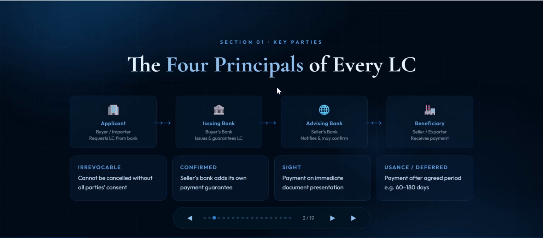When you talk about key parties in the letter of credit, you have the applicant, issuing bank, advising bank, and the beneficiary. But if you consider UCP 600, the applicant is not considered a party to the LC. Only the issuing bank, advising bank, and the beneficiary are the parties to the LC. But in real terms, the applicant is actually the buyer who is going to pay for the goods that are received,